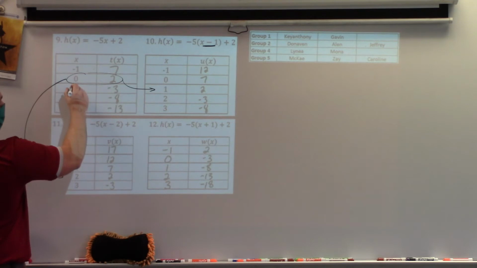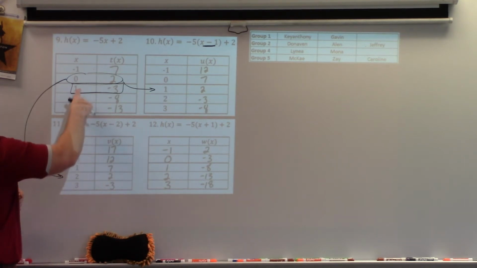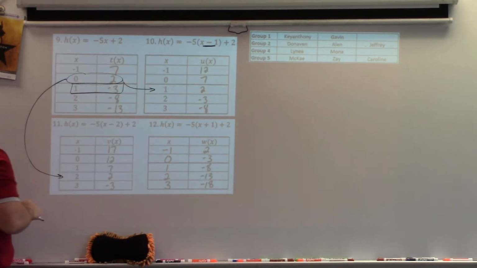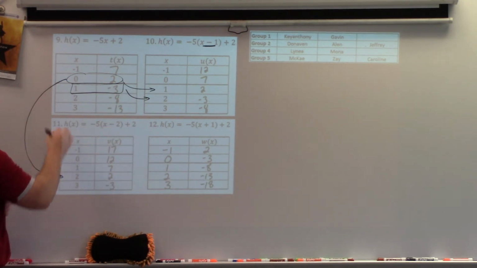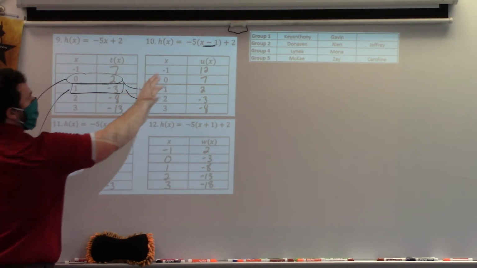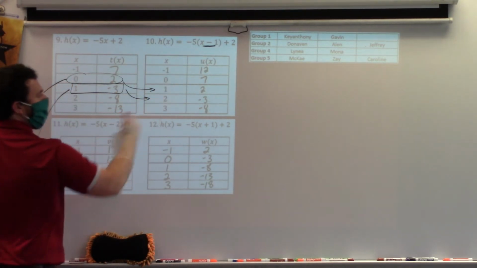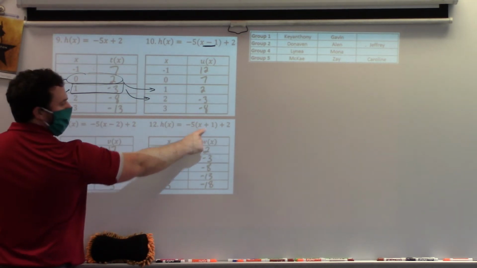You can continue that correlation with 1, negative 3. What did it become when it was x minus 1? 1, negative 3 became what point over here on this table? 2, negative 3. When it was x minus 2, that point became what? 3, negative 3. So we want to notice, right? And the idea is that that's translating everything 1 x to the right. This is translating every x 2 to the right. Whereas this one would probably translate it